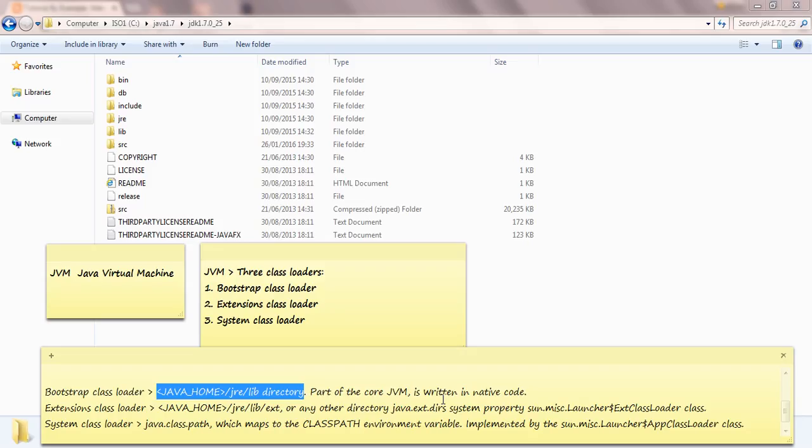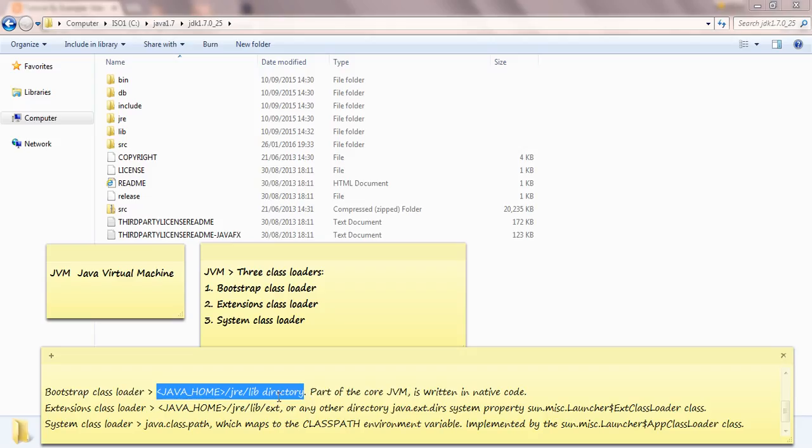For example, if any program is written in C, C++, Python, and we are using it in Java, you use the terminology native code, or written in native code, and it's used in Java with the help of a launcher or other applications or supporting files.